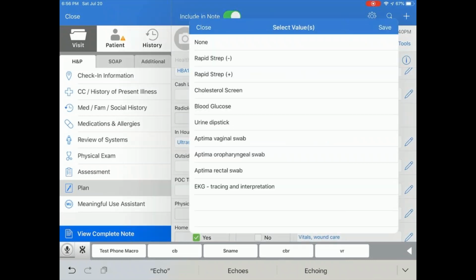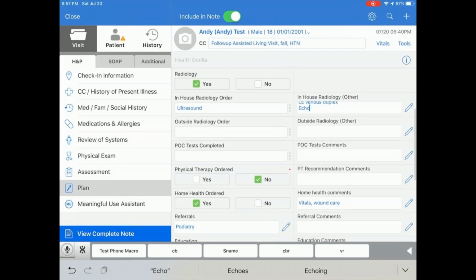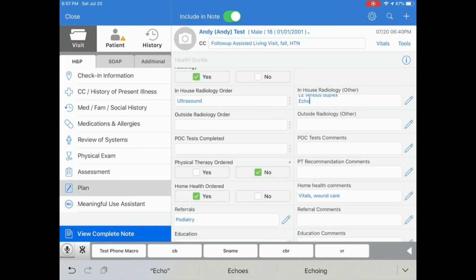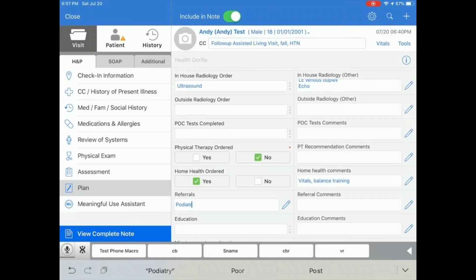Point of care testing includes, and we're not doing this right now, things like rapid strep tests and things like that. That's there as well. Maybe you don't want to order physical therapy, but you want to order home health, and you could put in why you want to order home health, vitals, balance training as an example. And maybe you want to put in a referral, maybe not to podiatry, but let's say to